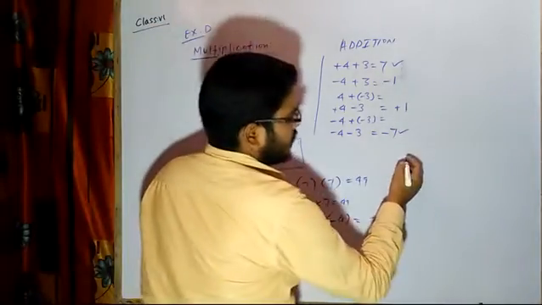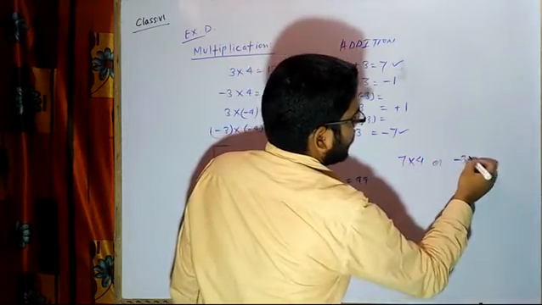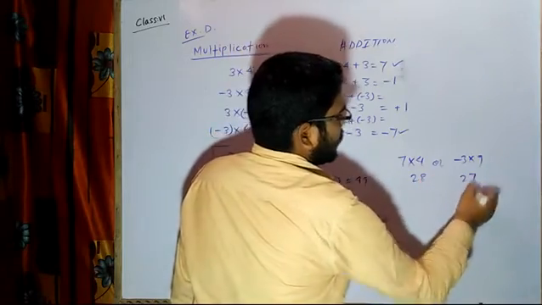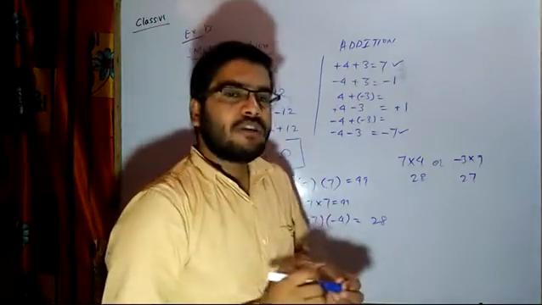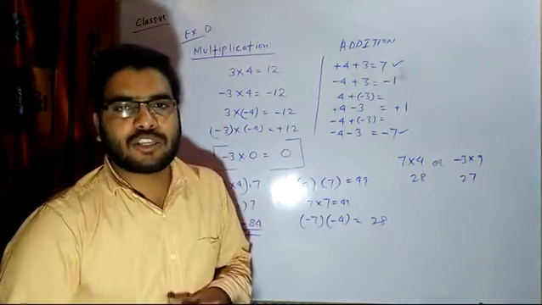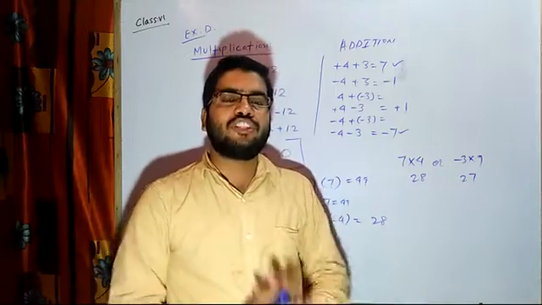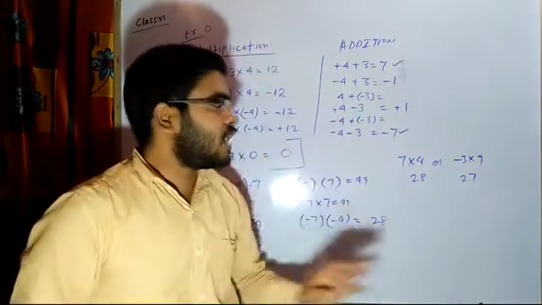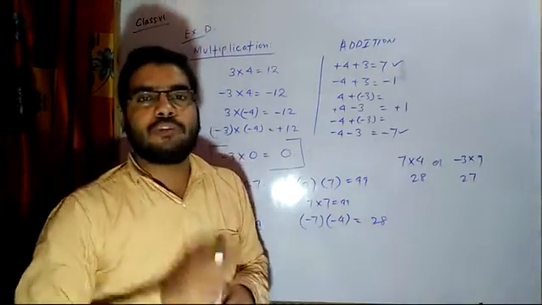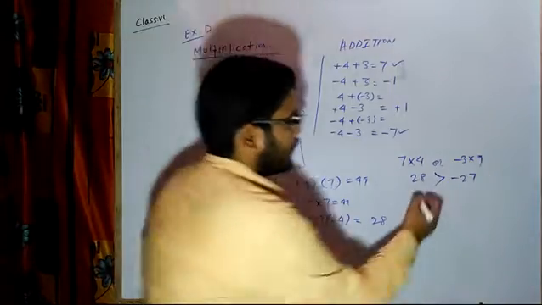And there will be a comparison also. 7 into 4 or 3 into 9. Which one is greater? You have to compare. Then you have to see 28. This is 27. 9 3s are 27. And obviously you know that a positive number is always greater than a negative number, whatever may be the size of the negative number. Whatever the number, like 1 lakh, 2 lakh, 3 lakh, if a minus sign is given in front of it, then it will be smaller than 1 also, it will be smaller than 0. So here the symbol will come like this. So I hope it is clear.